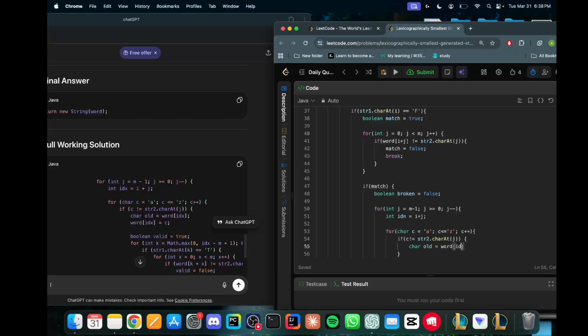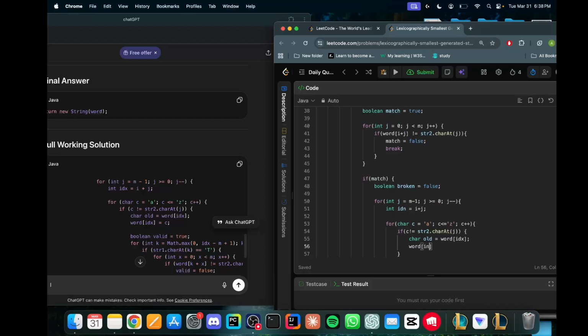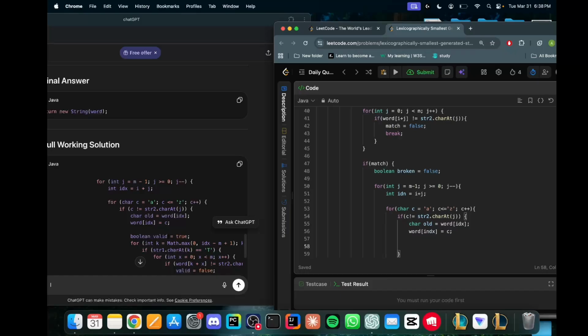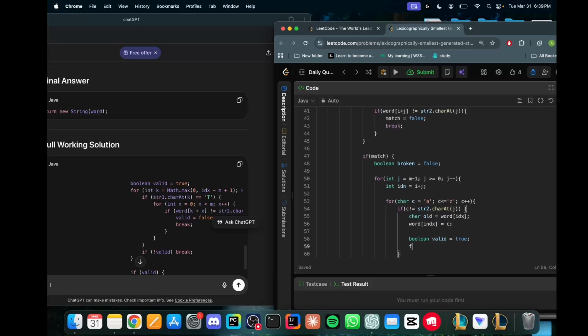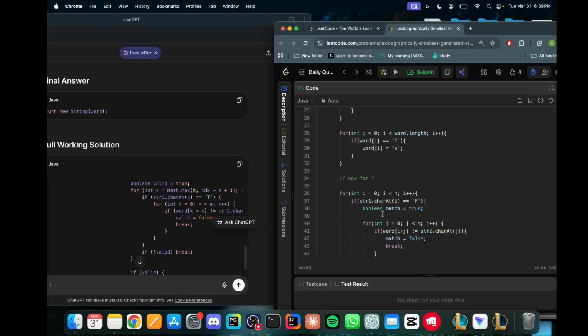word[index] and word[index] equal to c. So what do we have? Boolean. Let's do true. And for k equals Math.max. So let's see the meaning of all this. I understood it till this part, but when we go to F,